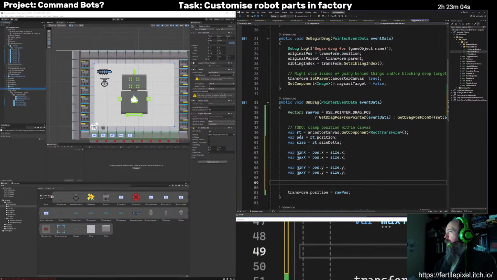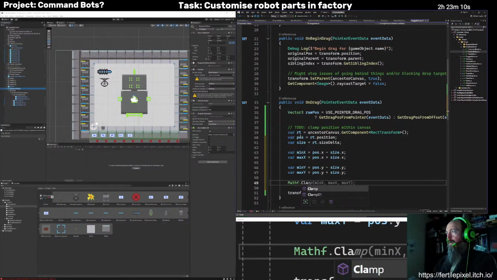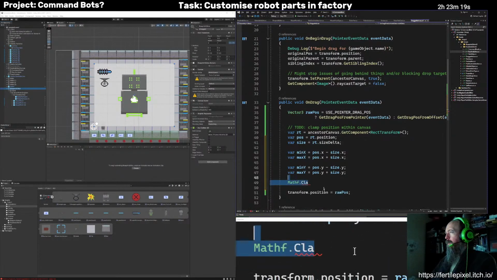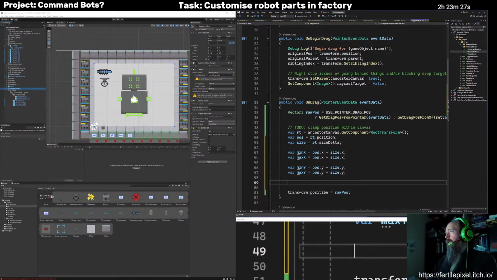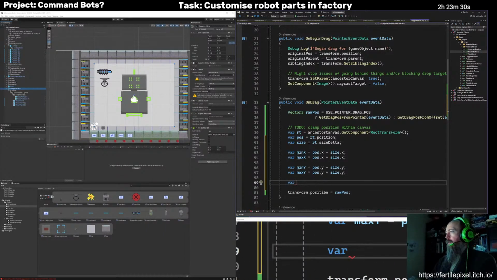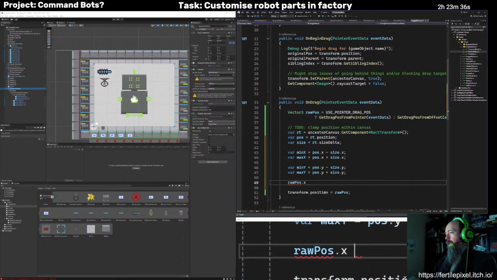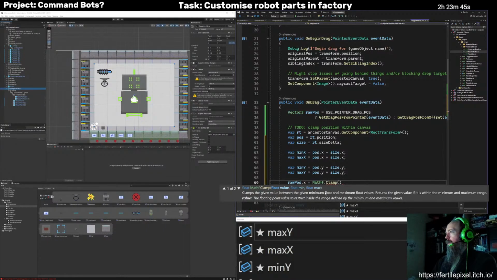Is there a clamp for vectors? Who knows? Anyway, what we want is to set the X value to be clamped in between.